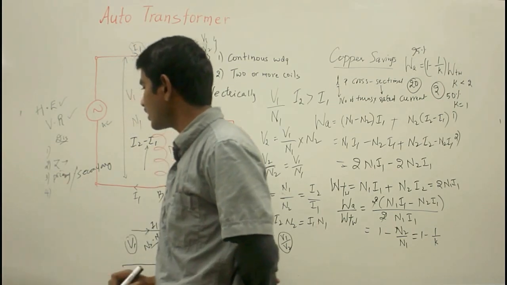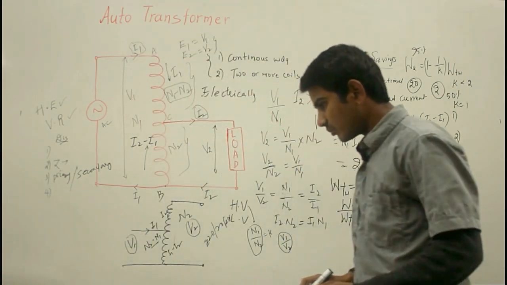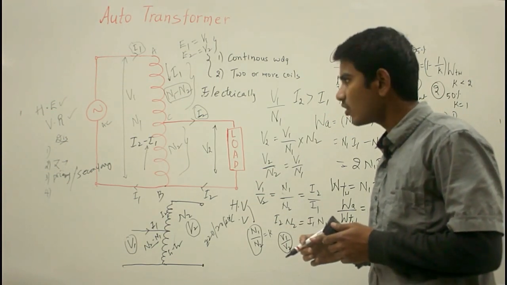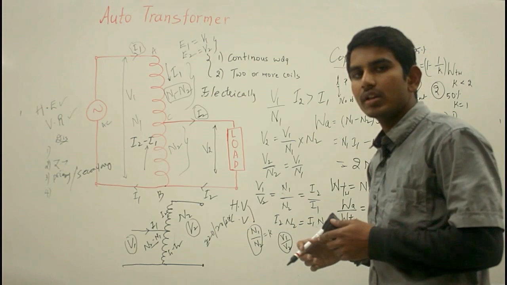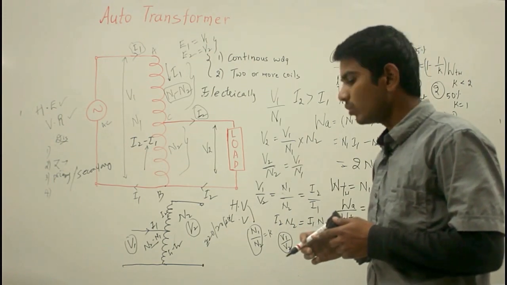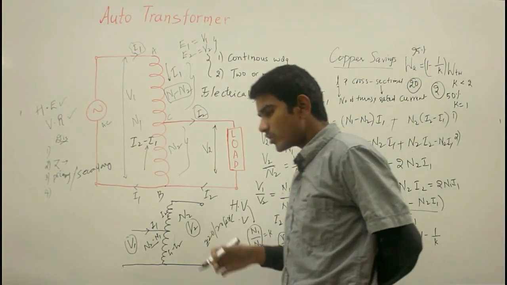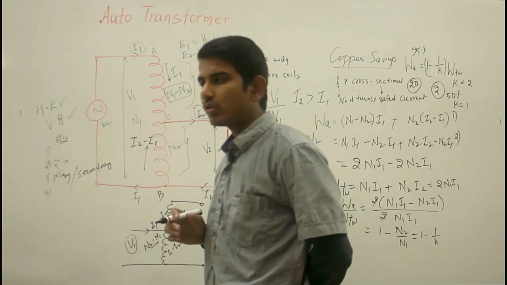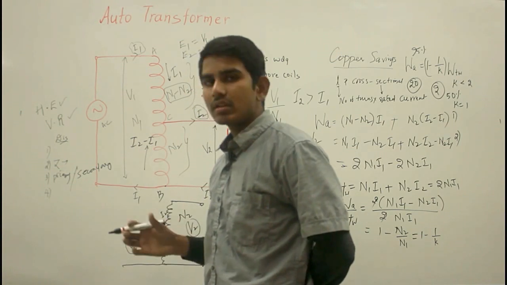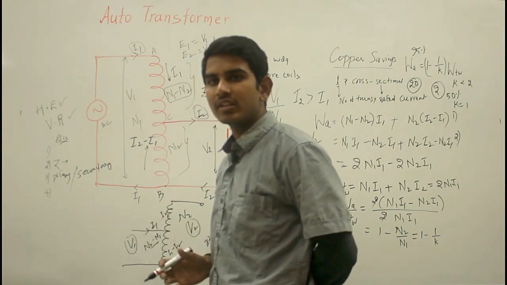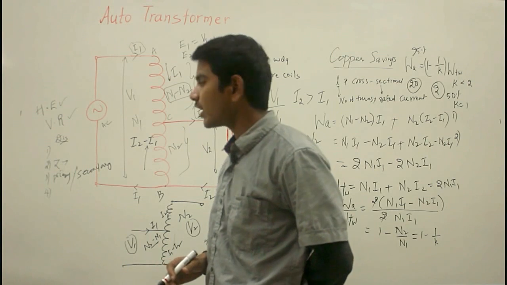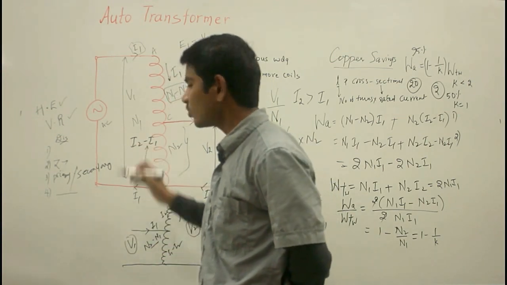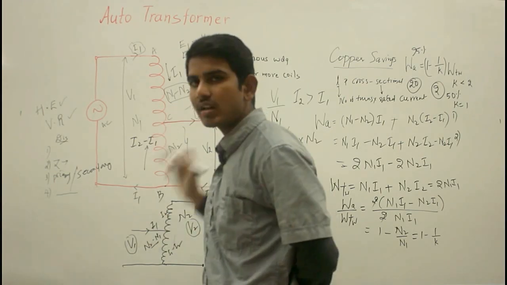Now the fourth disadvantage is, here because of the common neutral present in the star-star transformer or star-star auto transformer, it is not possible to earth the neutral of one side of the star connection only. So both sides, that is the primary side and the secondary side, their neutrals have to be earthed or isolated. So this is the fourth disadvantage, that the neutral is common for the star-star autotransformer.